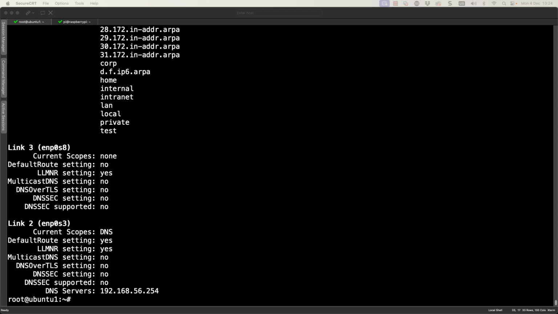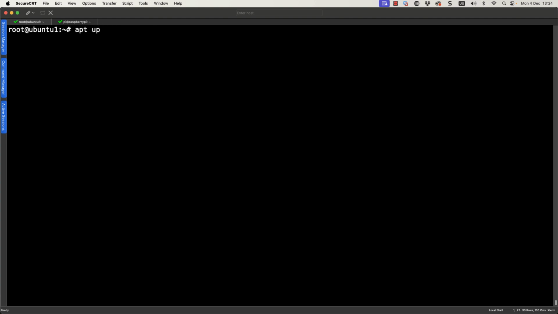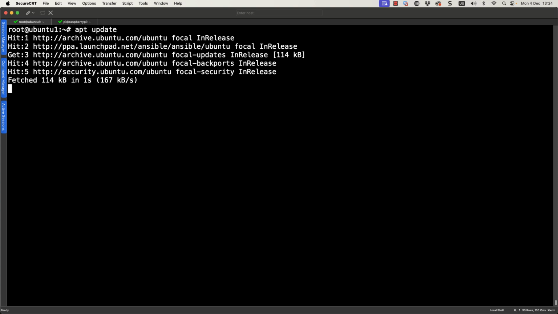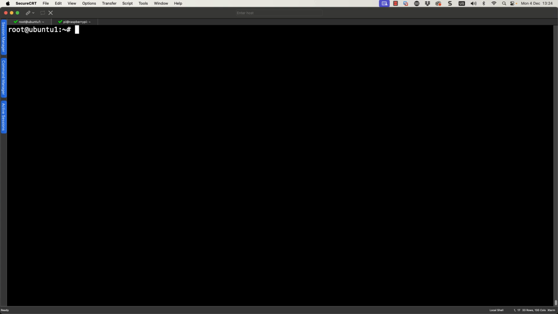We're now just going to clear the screen, so I can use Control and L, and we can run our apt update just to make sure that our software cache is up to date with the latest packages. And then we can run our apt install, and let's run -y, so it just goes ahead and does it. And we want the SSSD-AD, the Active Directory components of SSSD. We want our tools for SSSD, so we can add those in.